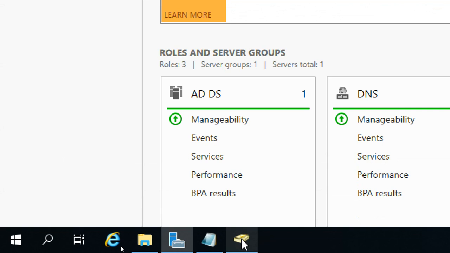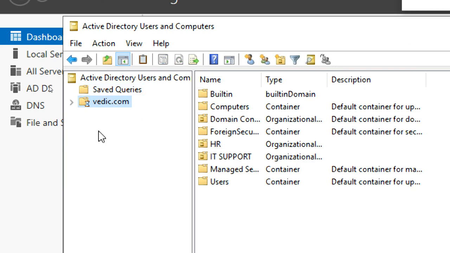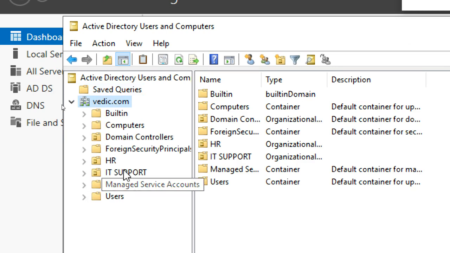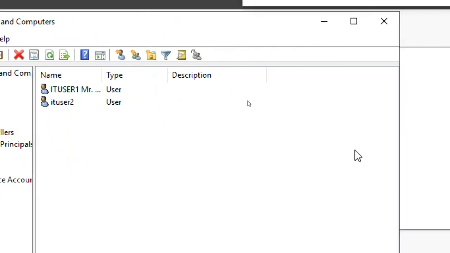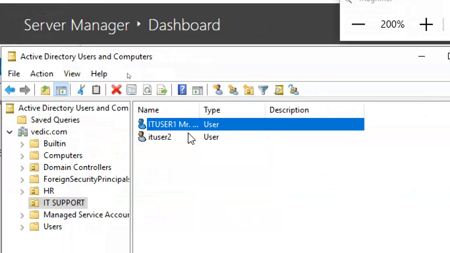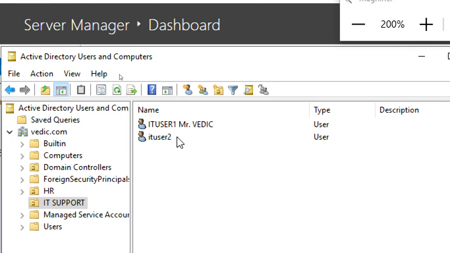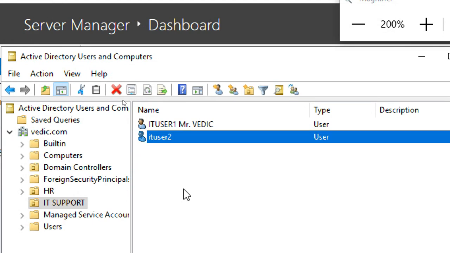Click on this book symbol. You can see here it is, Active Directory Users and Computers. I have two OUs already created, and I didn't explain what this OU is. No problem. IT user 1 is already logged in. So this is IT user 2.